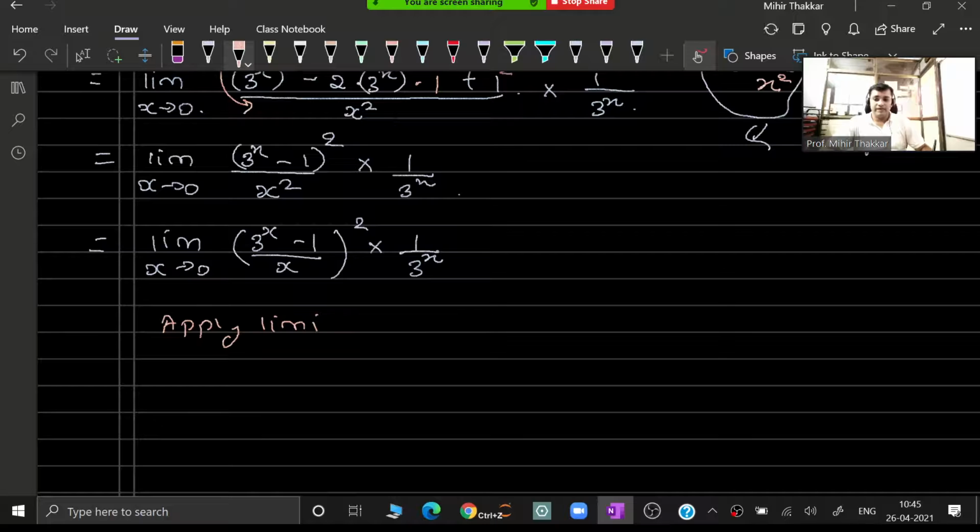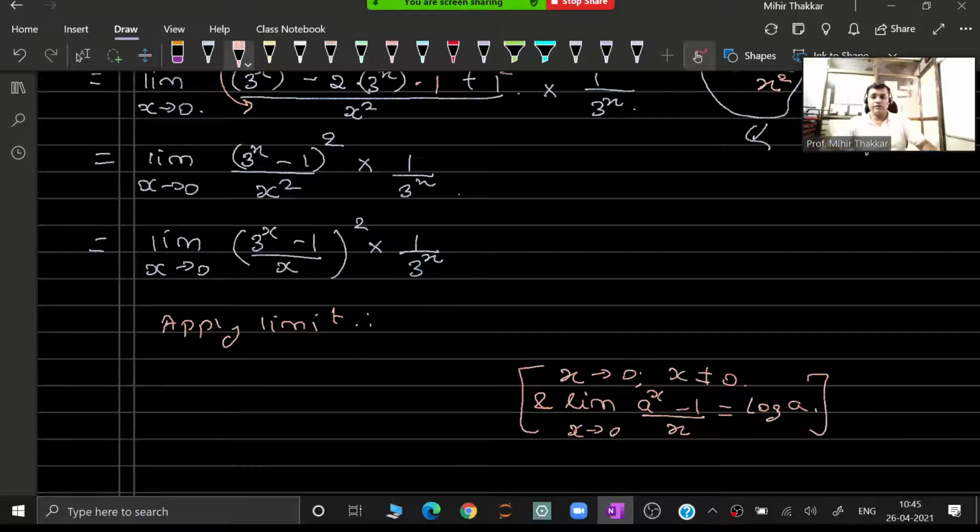So guys, when we go and apply limit, we get over here, the reason being x tends to 0, x is not equal to 0, and the formula is equal to log of a. So I hope by now you must have got the value of a. It is 3 over here. So the answer we write is generally like this, log of 3, but this time I will write log of 3 the whole square, because this square element does not go anywhere. It just gets applied to our required answer obtained by substitution of the formula. This element is still left.